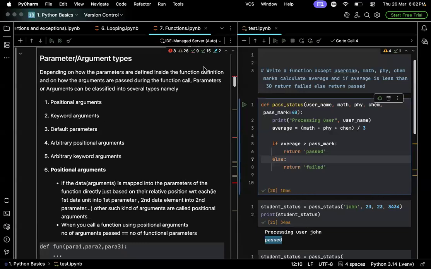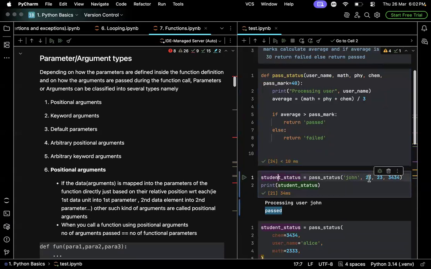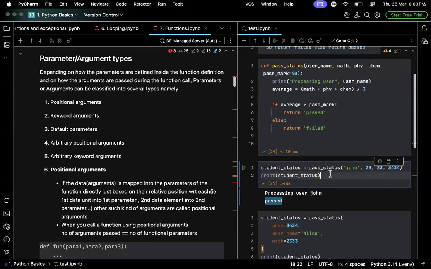See, here I am executing this block and calling this function. If you see, the function takes 5 parameters as it needs 5 inputs, but here I am only passing 4. So what Python does is it will map the first 4 arguments with the first 4 parameters, and since the final parameter is a default argument, it will automatically default to the value 40 and it will not raise an error. But if this were a regular argument